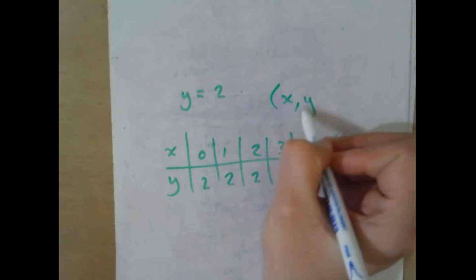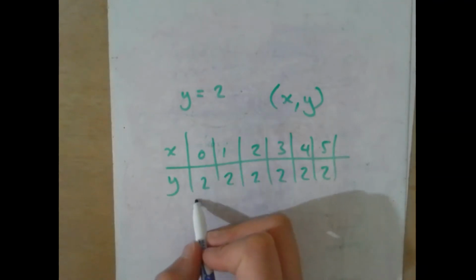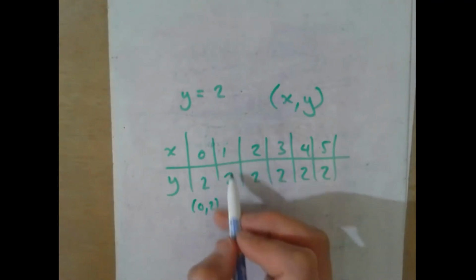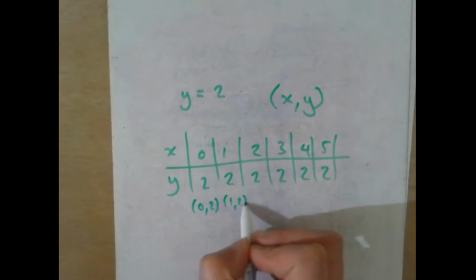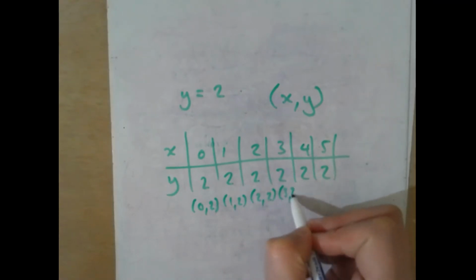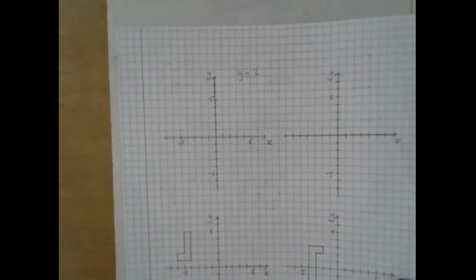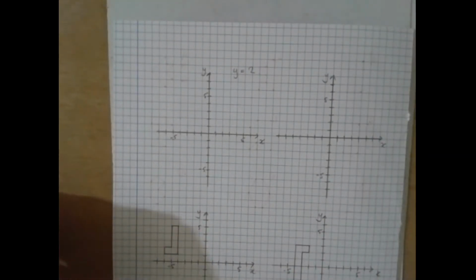When you write coordinates, obviously they are in alphabetical order. So you've got 0, 2. This one would be 0, 2. This one would be 1, 2. This would be 2, 2. This would be 3, 2. Make sense? So if I had to plot that,